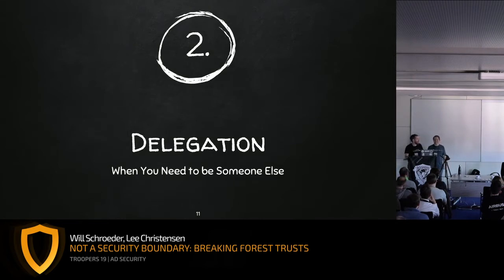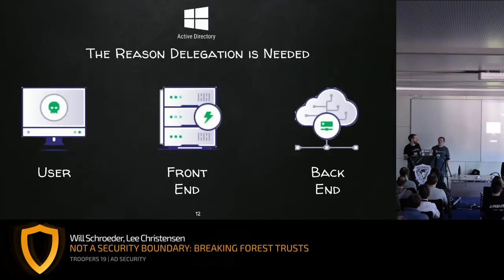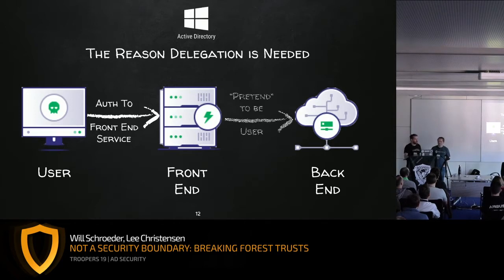We're going to cover a concept in Windows Active Directory and Kerberos called delegation, which was touched on a little bit yesterday in a couple of talks, and Andy talked about it and Dirk talked about it, but we're going to give our overview of it. So in general, there's a reason that delegation is needed in Active Directory. The canonical example is if you have a front-end web server that people authenticate to, then that web server might need to pretend to be that user when talking to, say, a backend database. So the front-end server needs to pretend to be a particular user to a backend.